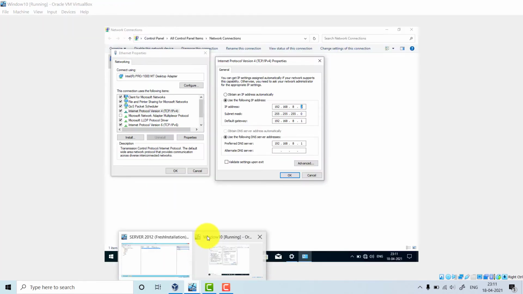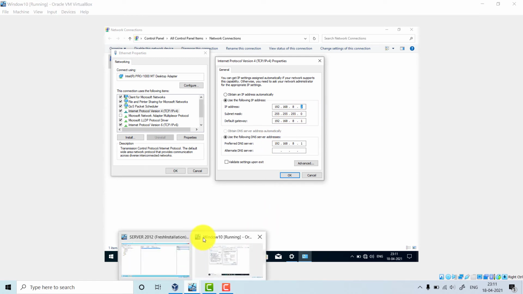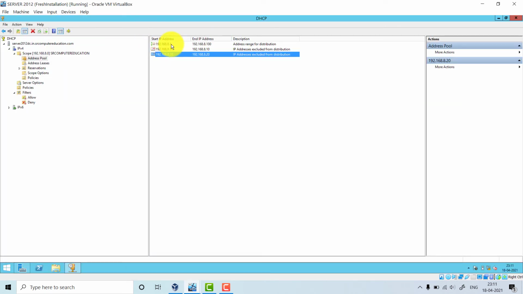So the Windows machine that we are going to connect will never get the 192.168.8.10 IP and 192.168.8.20 IP. It will never get them. Okay, it can get an address in the range of 192.168.8.1 to 8.100. It can get any IP in this range, but it will not get these two IPs, .10 and .20. I hope you are understanding.